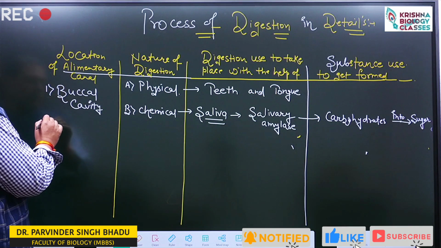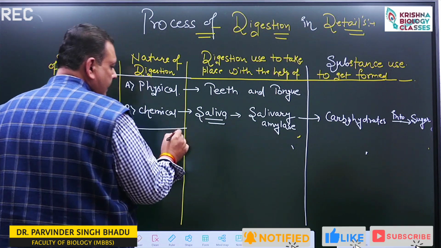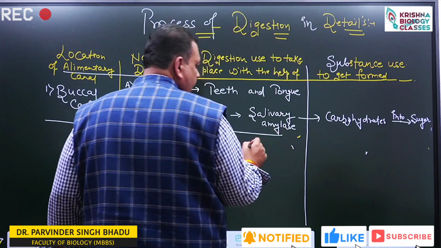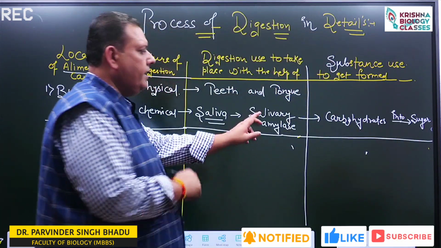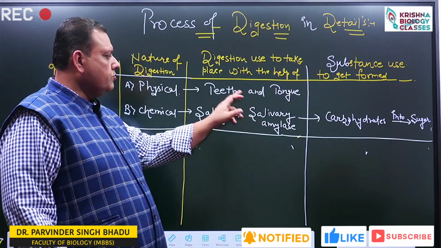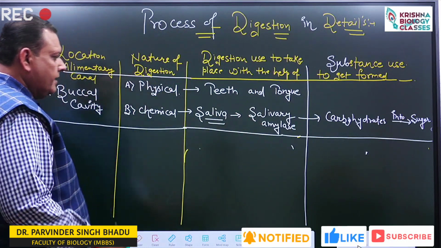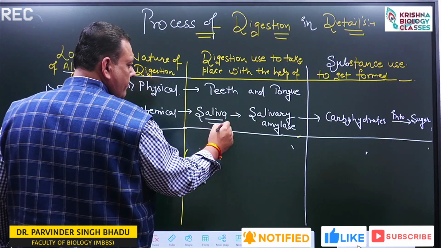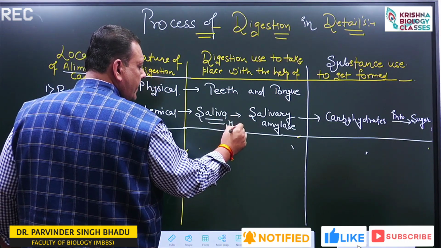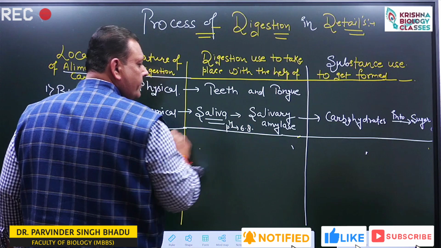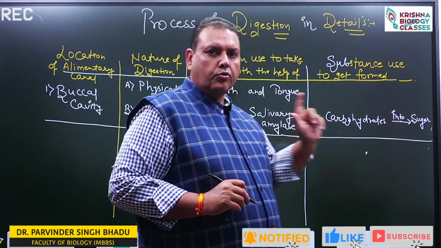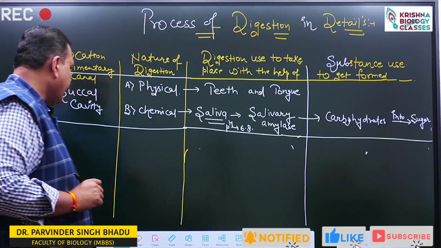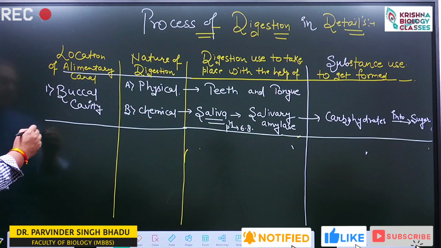So, a 1 mark question used to come: with the help of an example, explain the action of salivary amylase. So, we used to say salivary amylase is secreted by the saliva. It acts at a pH of 6.8 and converts the carbohydrates into sugar. ये याद रखना है. Now, the second location is our